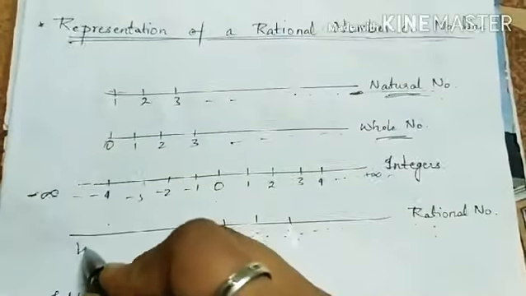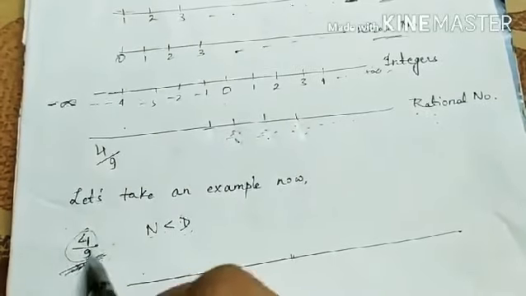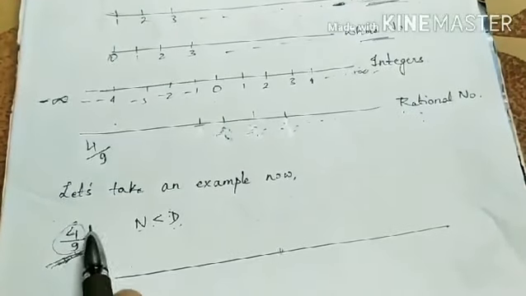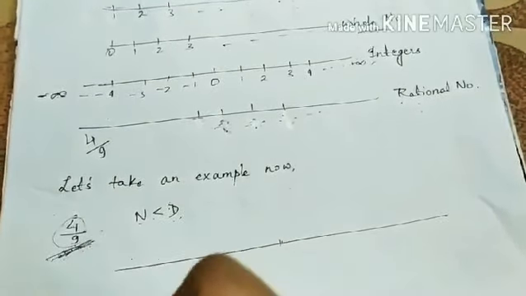So what are we going to see now? 4 by 9. What we have to do is, first we have to compare whether the numerator is greater than or smaller than the denominator. Here the condition is that the denominator is greater than the numerator. That means it is a proper fraction. We don't have to convert it into a mixed fraction, or do anything else. Since it is a proper fraction, this can be easily represented on the number line. Suppose it is not a proper fraction, that is, the numerator part is greater than the denominator part. We'll see that condition after this.